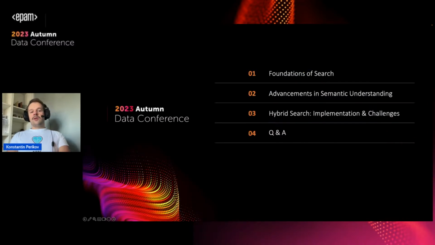So what we're going to talk about today. First of all, we're going to start with a little bit of foundations of search. We're going to discuss the cornerstones of traditional search implementation, something that you might already know, but I wanted to recap it really quick. Just to make it fun, we're going to look into some possible implementations using Python. We'll have some code snippets in Python that you could adopt to any programming language